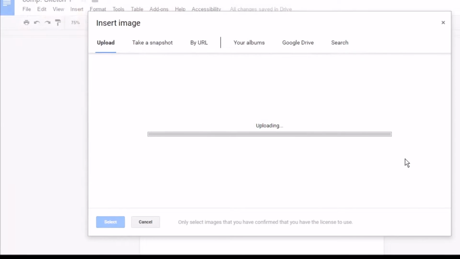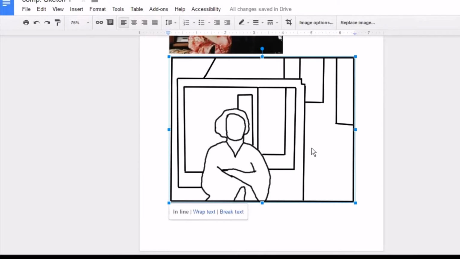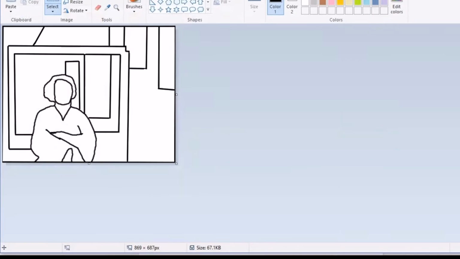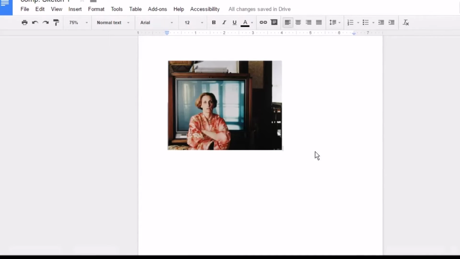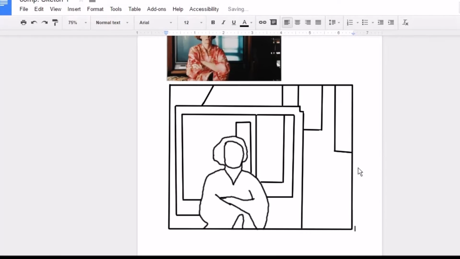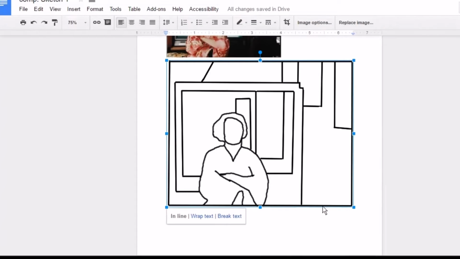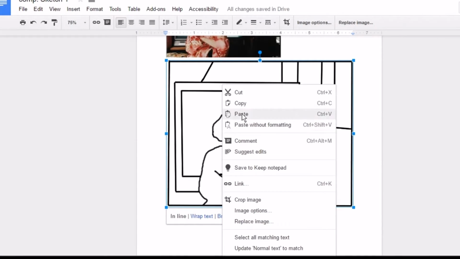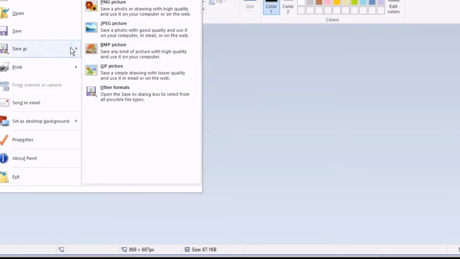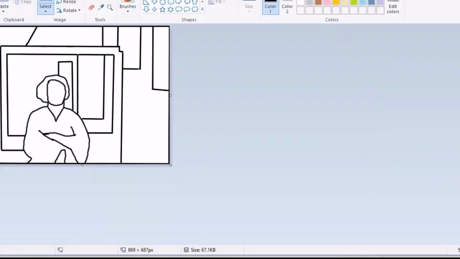And once you're done cropping your photo, your compositional sketch, you just paste it inside of your document. And then once I get to that step, I'll tell you what to do next. Unfortunately, it took me so extremely long to get my compositional sketch cropped correctly. Ugh, it took me so long. I feel dumb for